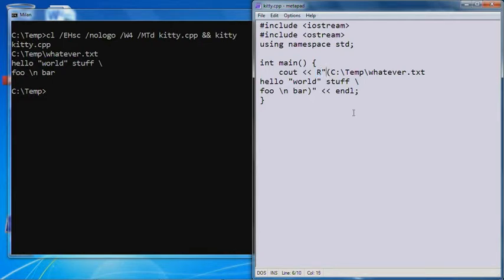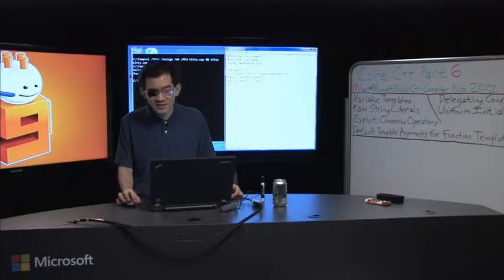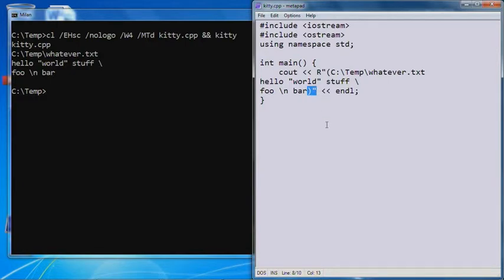But you might say, okay, well, what if my string actually contains the sequence parenthesis double quote? Then how would I tell C++, hey, I don't want you to interpret this one as the end of the raw string literal? Well, the designers of this feature had great foresight, and they said, okay, you can put in arbitrary sequences between this double quote and this paren, and then you just need to repeat it at the end, and I'll match that. So if I say something like zizzy here, and I put it at the end here too,